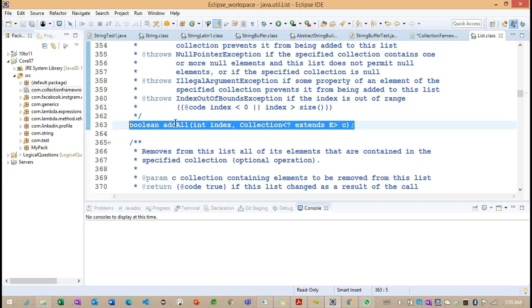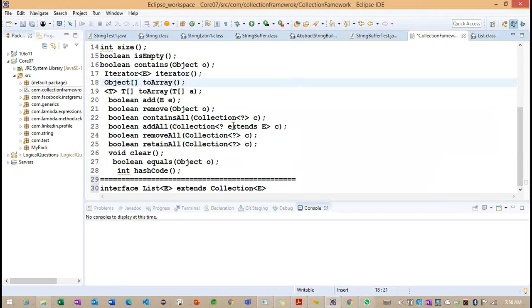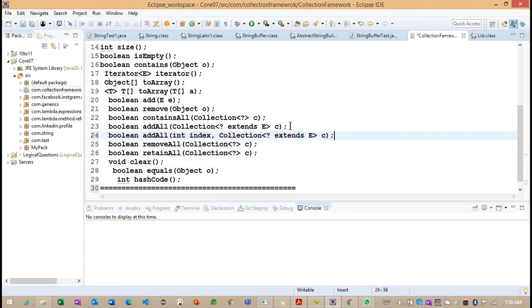Now what you are understanding is, if I copy this particular method, because addAll method we already identified, now you can see the addAll method. If I copy it here, what is the difference we are having here?